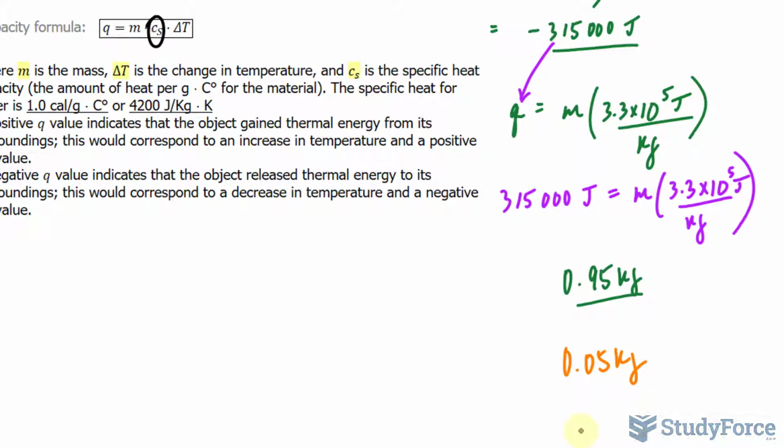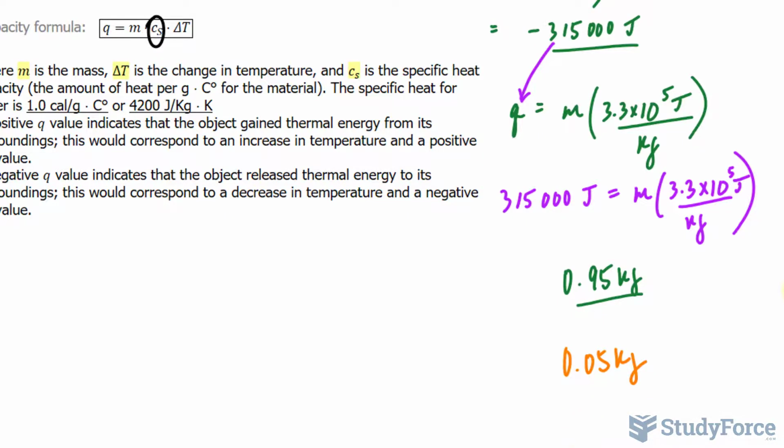Because there's ice left over, that means the water doesn't have enough thermal energy left to convert the rest of the ice. Therefore, there will be no further heat transfer because both the water and the ice are at the same temperature. The final mass of the water will be 3.95 kilograms from its original of 3 kilograms and only